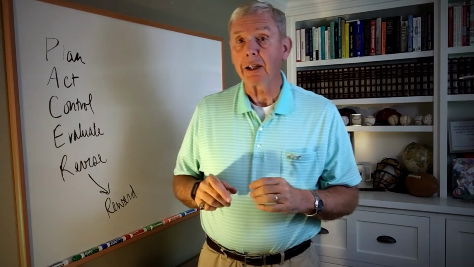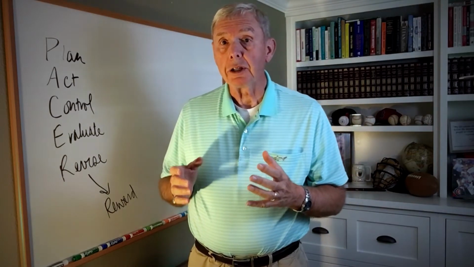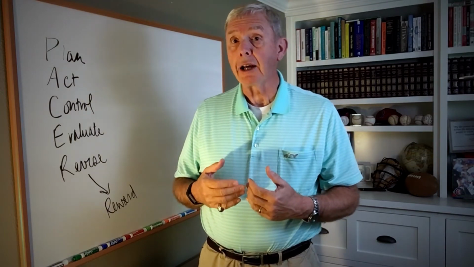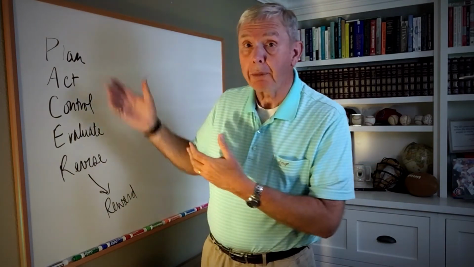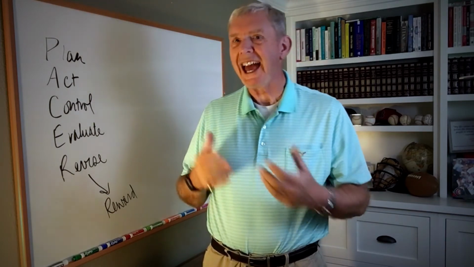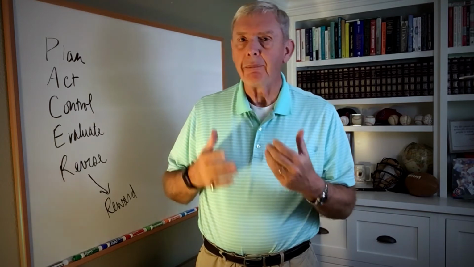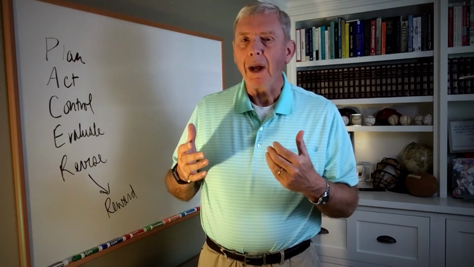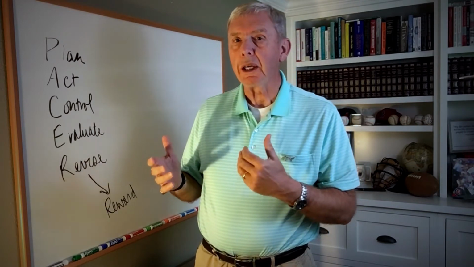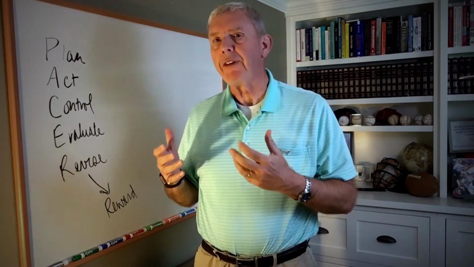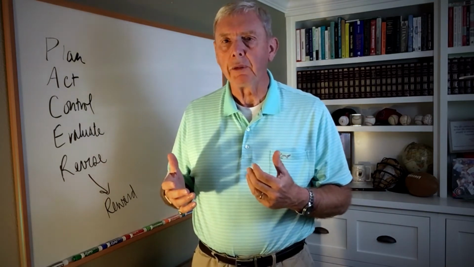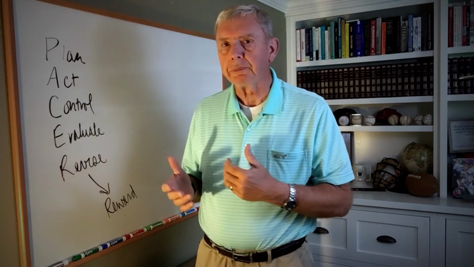The A then is act, and during this phase, the strategic plan is implemented. Control then is the actual performance is compared to the plan performance. And we want to look at both actions and outcomes. So we need to have metrics on both. What happens in the control phase is that as we do so, we come up with variances. It's rare that we get exactly what we had planned for, and so variances will occur.